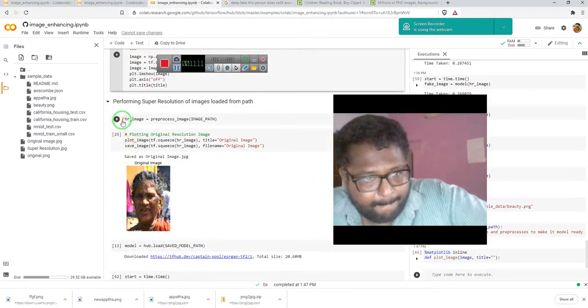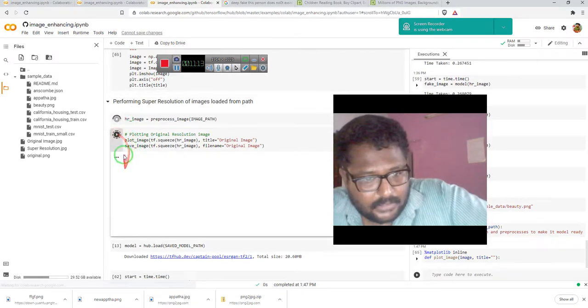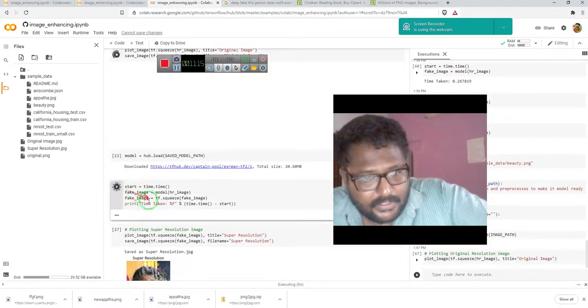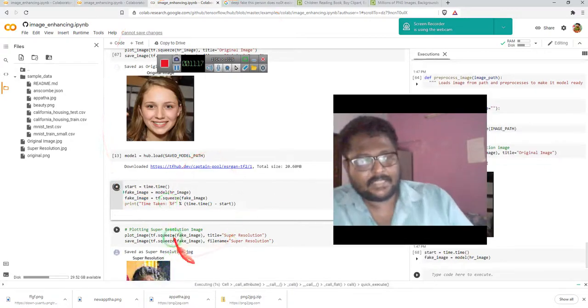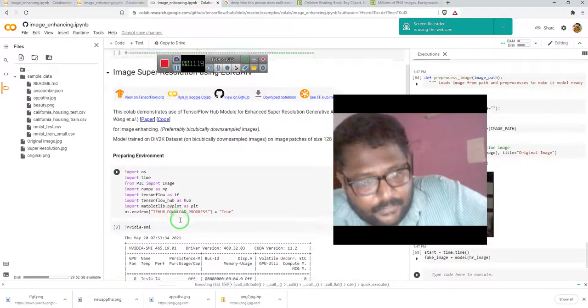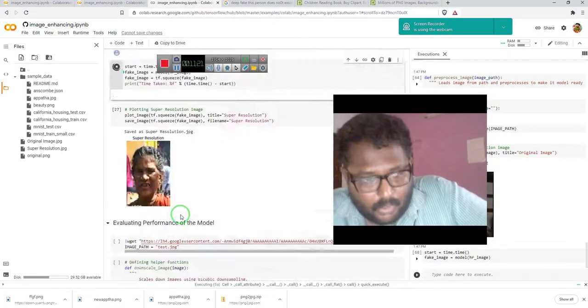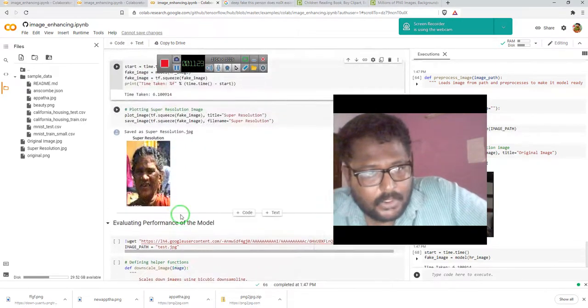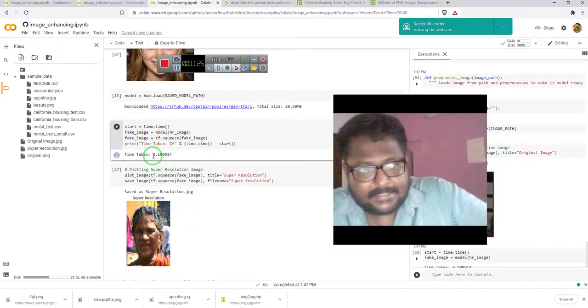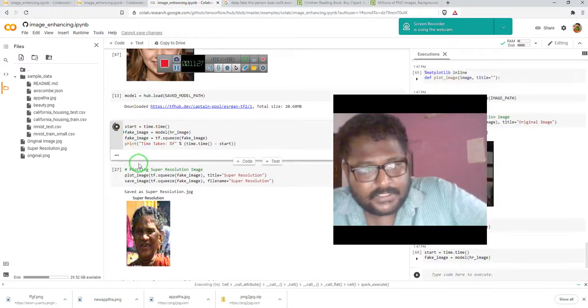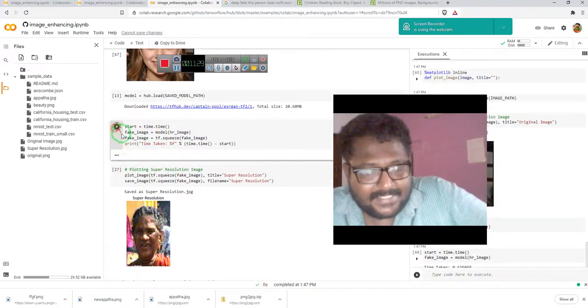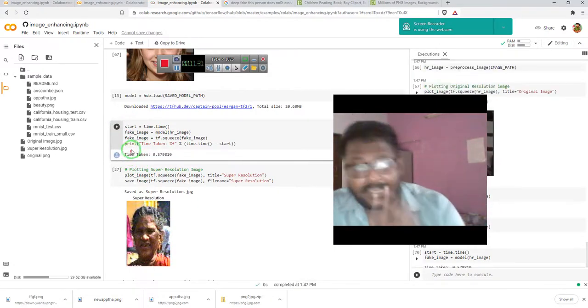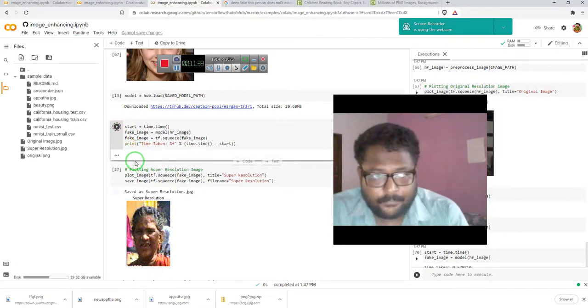Okay, so let's check it. Image path, all those things, no need to read through them. So let's check it with Tesla. This is Tesla T4 with higher memory, lower CUDA cores. Okay, so it is taking only 6 seconds the first time. So let's do it again. 0.6 seconds. As you can see, it is taking 2 seconds in Tesla K80.